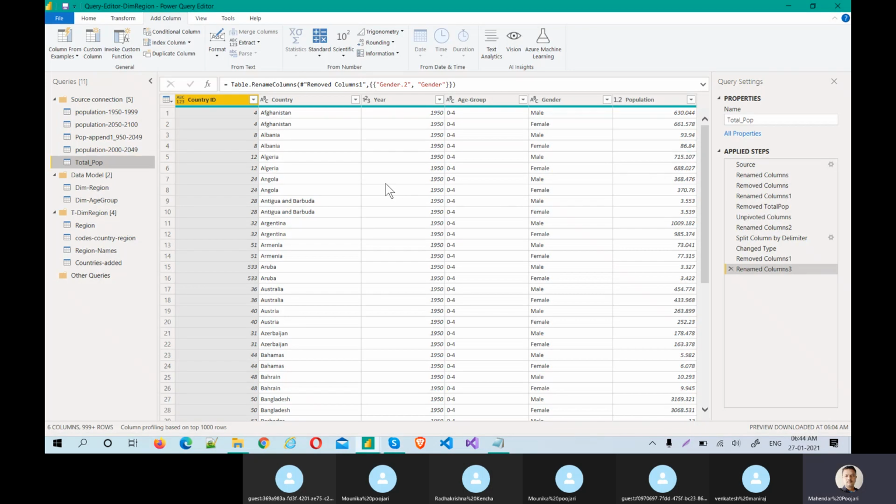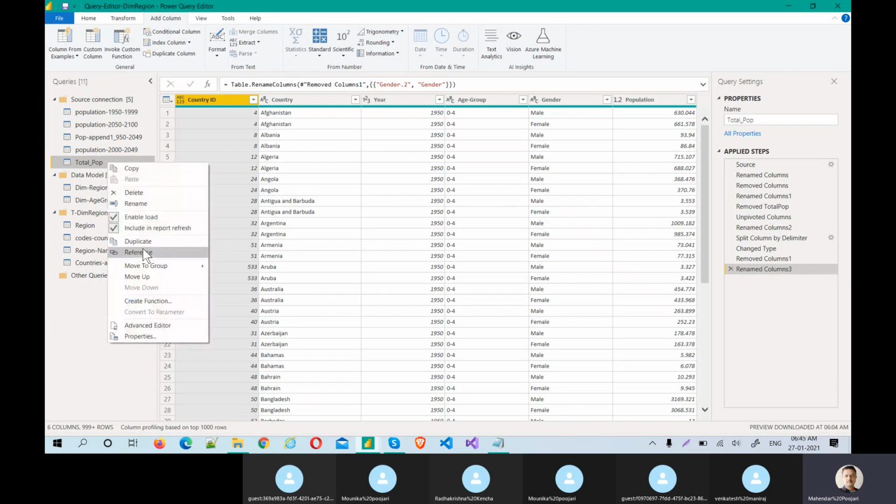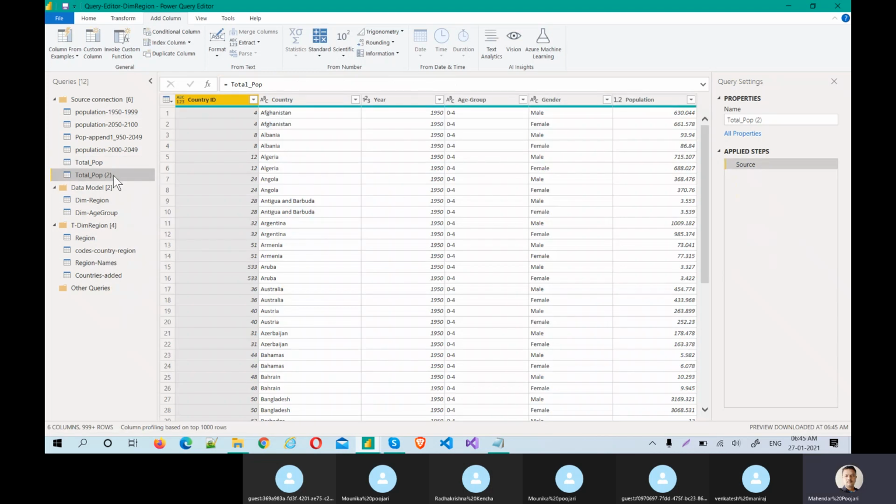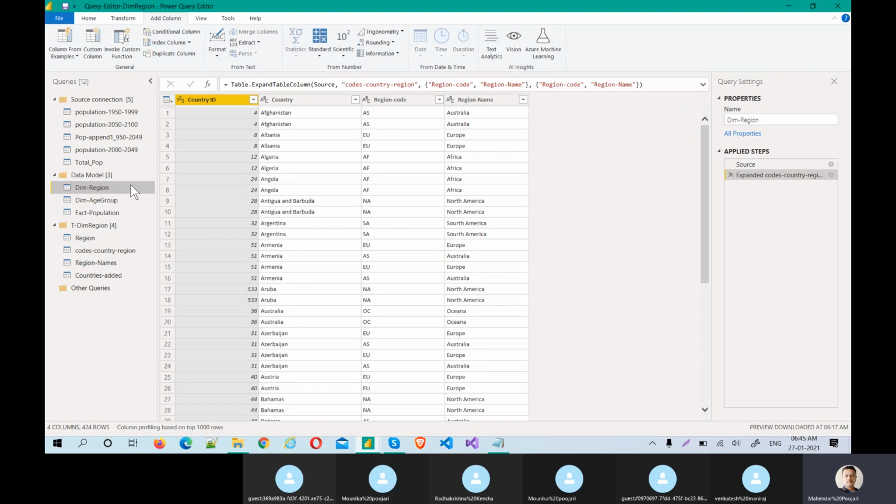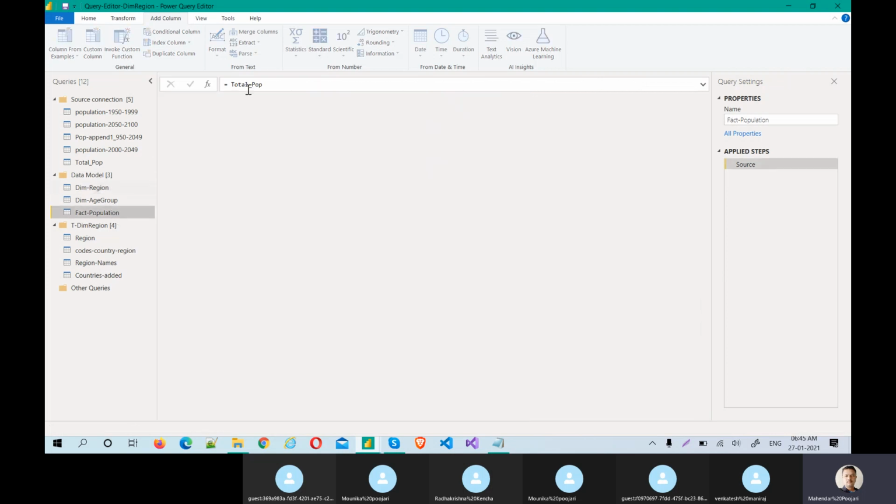Okay, now let me take another reference. I'll put it here. I'll make it a fact population table. Now, what else do we require here? We require country ID because that should match with this dim region table. You see country ID is there, so ID should be there.